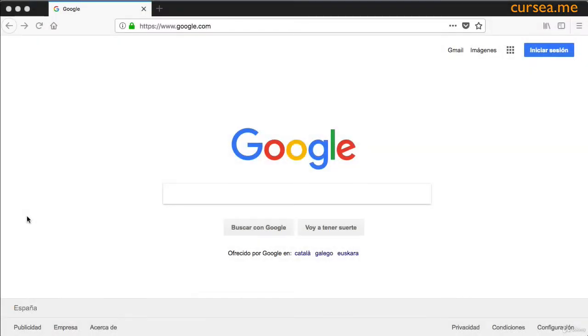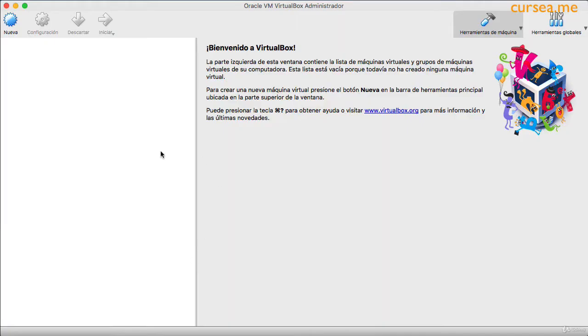Hello friends! In this video I will show you how to install a copy of Debian in VirtualBox. That is, we're going to create a virtual machine, so you can practice whatever is necessary without any fear. I'm going to assume that you have VirtualBox installed, this program right here that allows us to create virtual machines